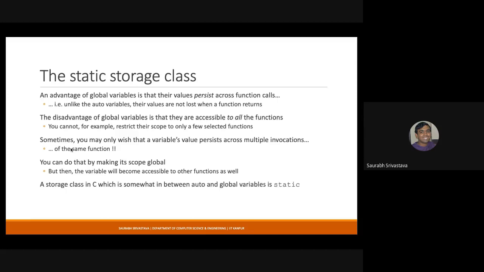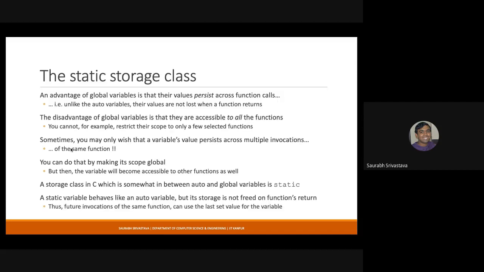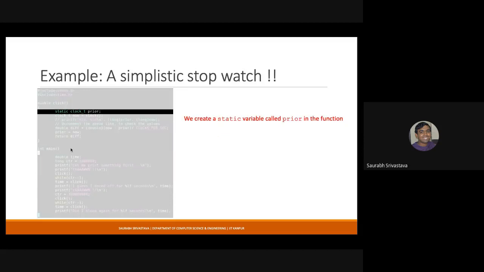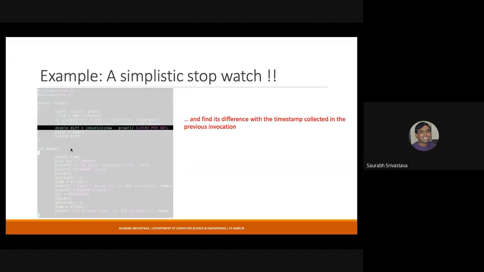Sometimes you can use static variables to get away from a disadvantage of global variables, because global variables are accessible to all the functions. If you want to have a particular variable accessible to just one function, then this is essentially a static variable. I think we have discussed it in the class itself, so let's move forward.